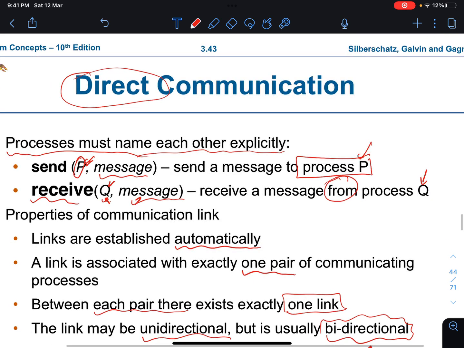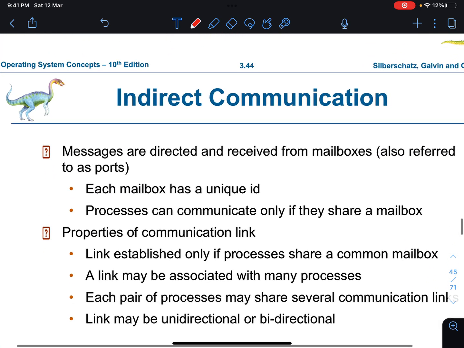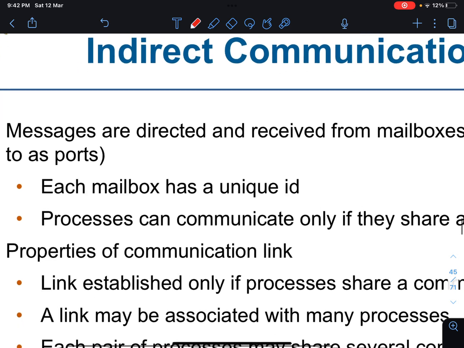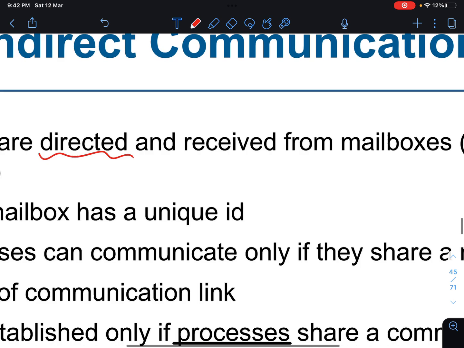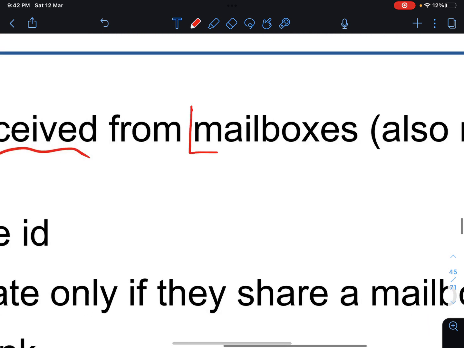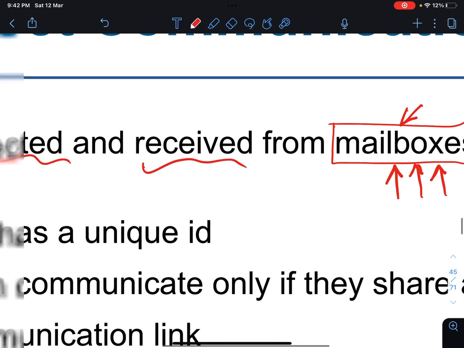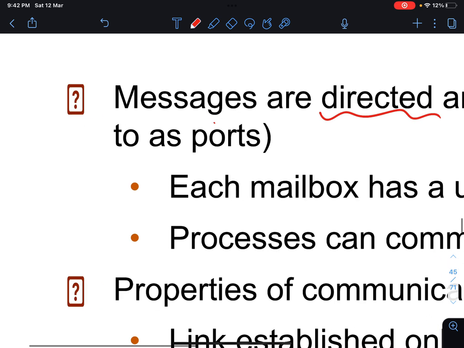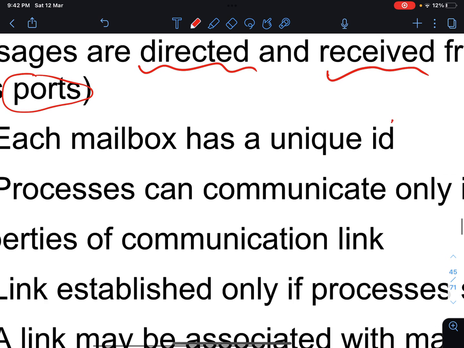We're going to be talking about the direct now when it comes to the blocking and unblocking and so on. Indirect communication: messages are directed to and received from mailboxes. That's the keyword of indirect communication, mailboxes, also referred to as ports. Each mailbox has a unique ID.